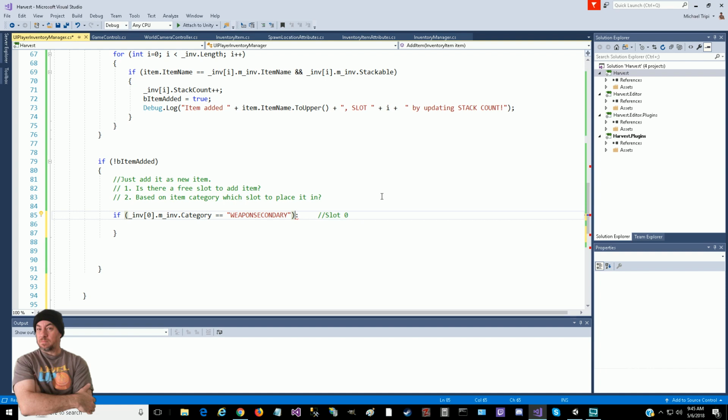In order to determine if there's something here or not, we're just going to check the current category, which will tell us the category of the item that's currently in there, if any. If there's nothing there, it'll be an empty category string. But if it's equal to weapon secondary, then we know that, because that's the only thing that could actually be allowed to be added to that slot, in slot 0, inventory 0. So